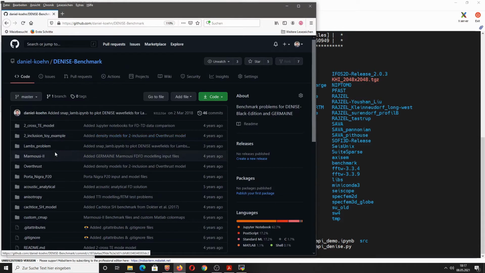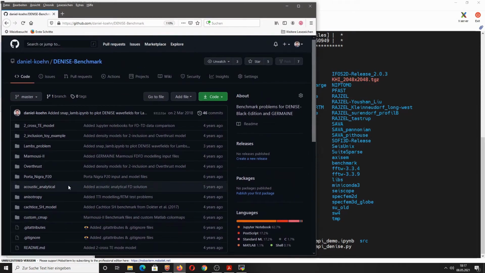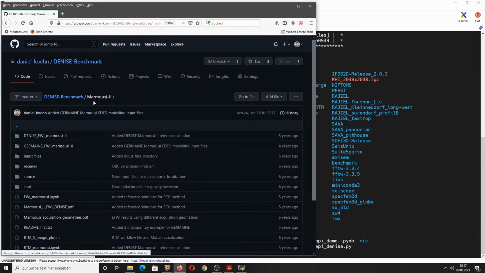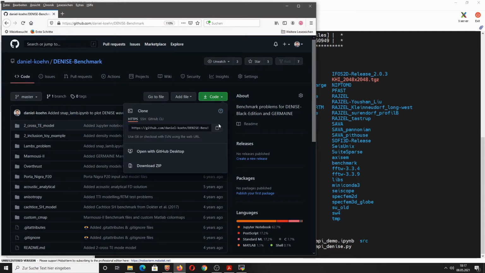And Denise Benchmark contains a lot of benchmark problems, as you can imagine from the title, and also the Mamouzi-2 problem. So this folder here actually contains the Mamouzi-2 model and also the acquisition geometry and some reference solutions and so on. So we can clone again this benchmark repository.